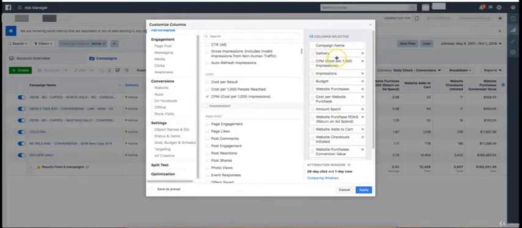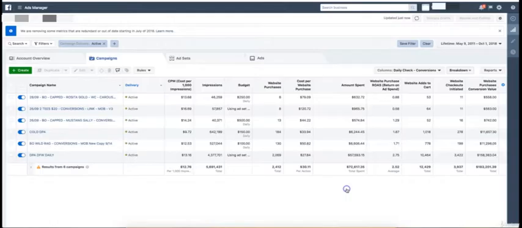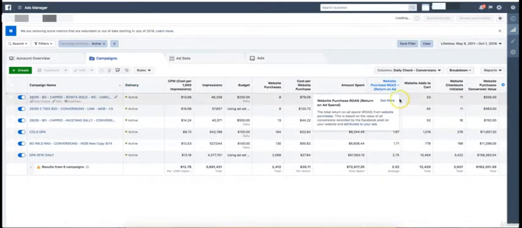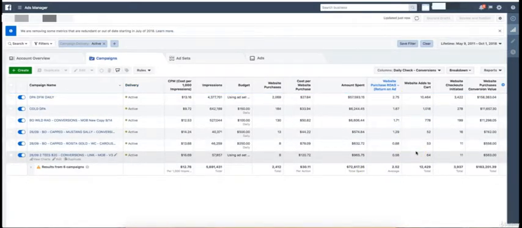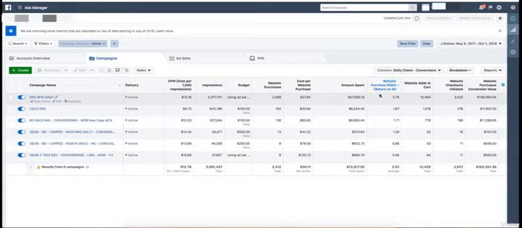I'm running conversion campaigns, so these are very relevant for my campaign, for my monitoring of ads. So just make sure you think about that. I said that one of my most important metrics is ROAS, or return on ad